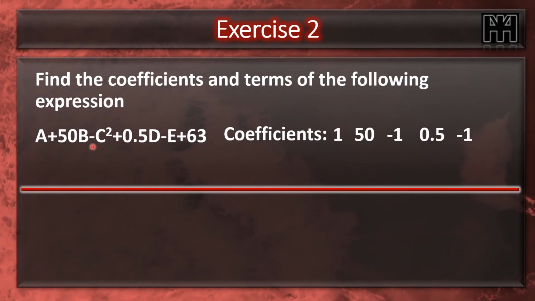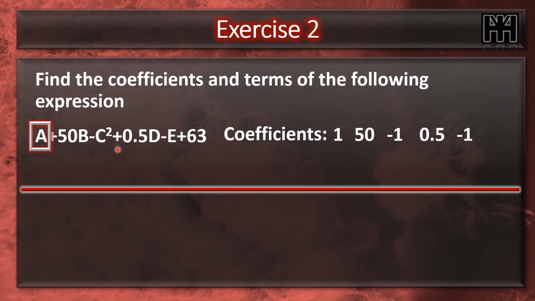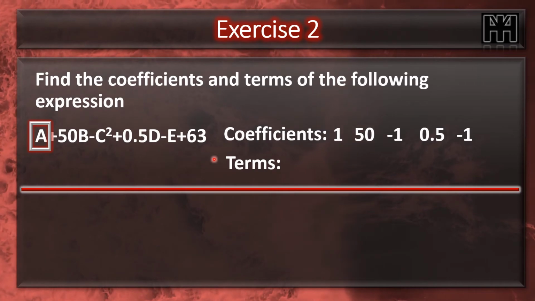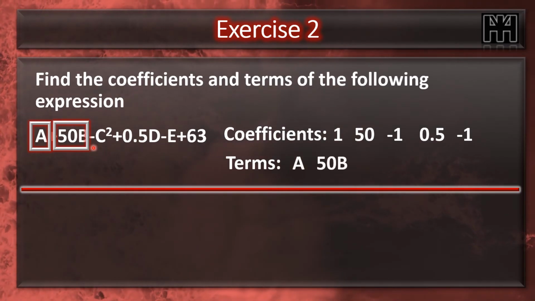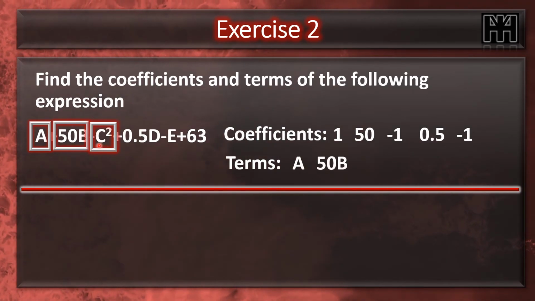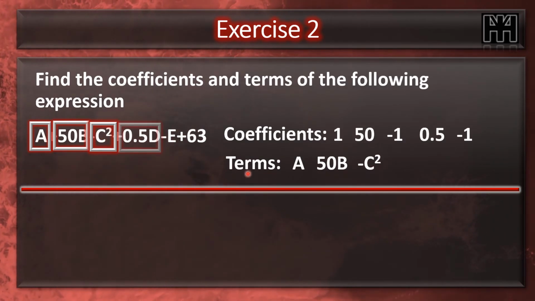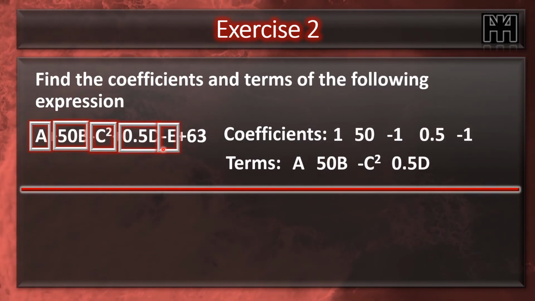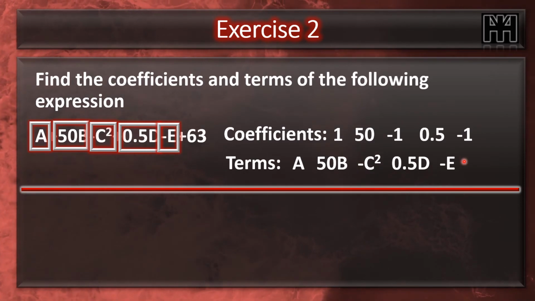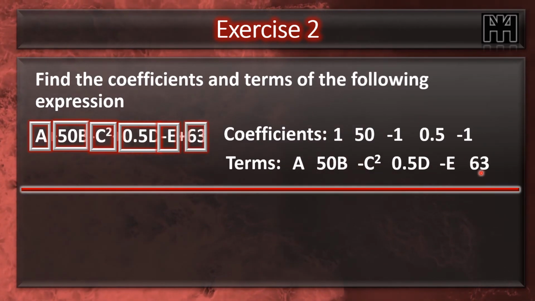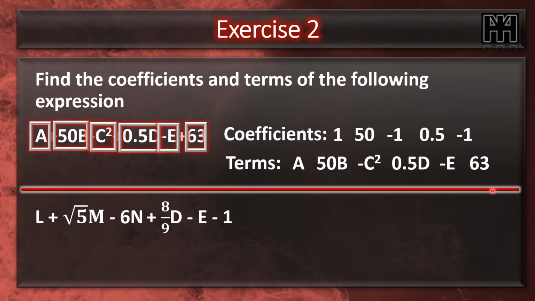Let's remove the squares and our ghosts. Let's take our terms. The terms will be a, 50b, negative c squared, 0.5d, minus e, and 63. Okay,